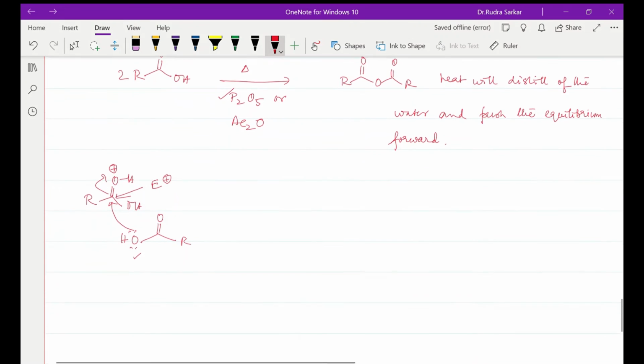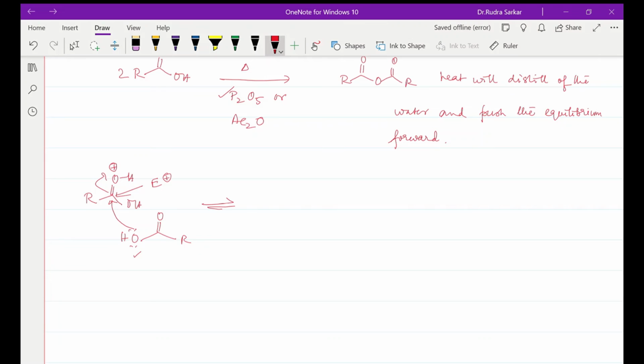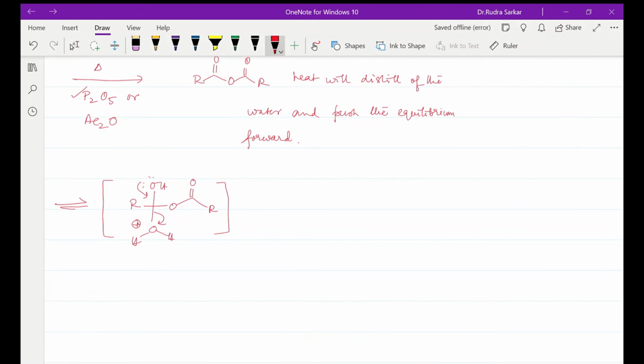That opens up. All right. Now that is coming back, leading to the removal of water. Okay. So here water is a leaving group,